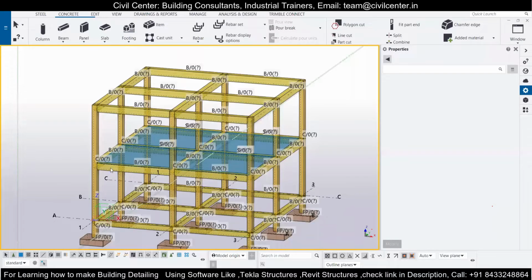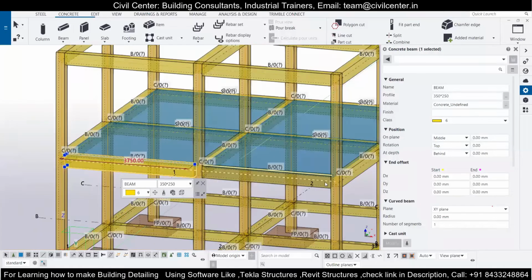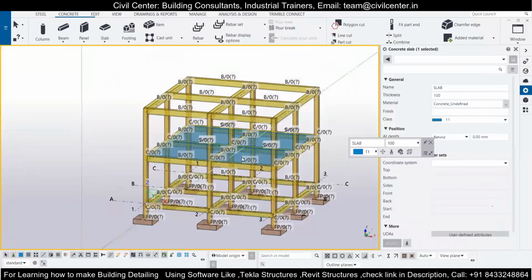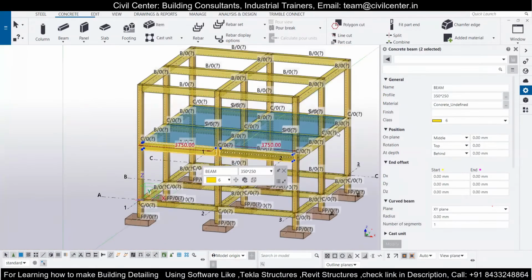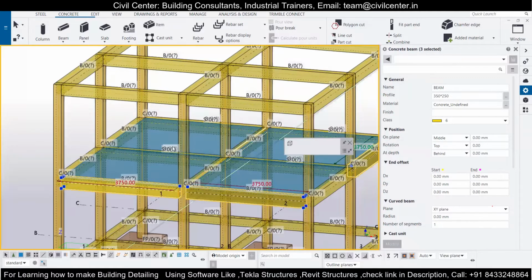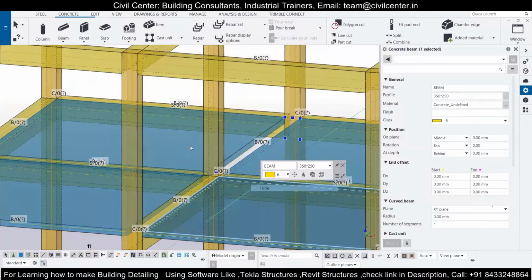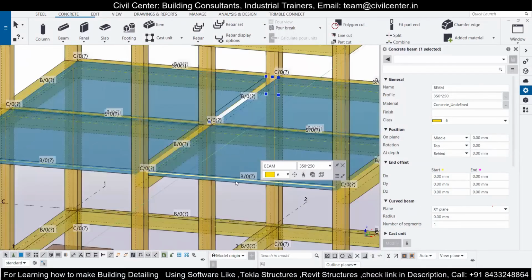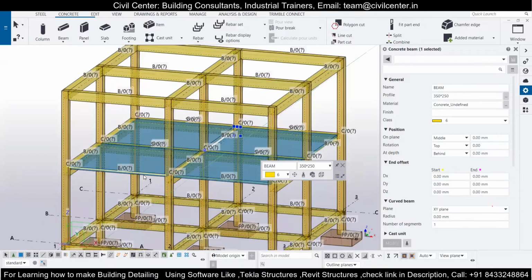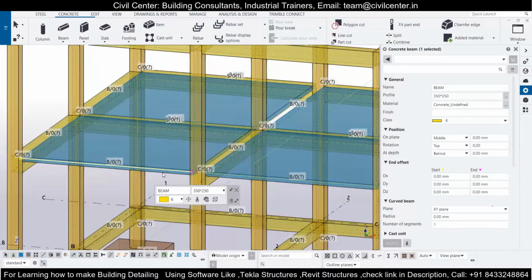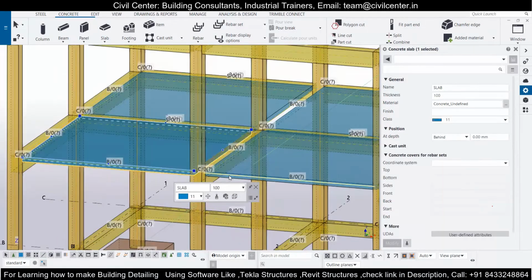What you need to do is select the beams. Once you select the beams over here, you can hide them, and it will help you while selecting the slabs. So now I'm clicking on it and clicking on hide, and now it is easy for me to select the slab, so I will hide these too. Now the slab selection is easy. Otherwise, once you go for the slab selection, it will give you a hard time to select the slabs. Now I can easily select this.